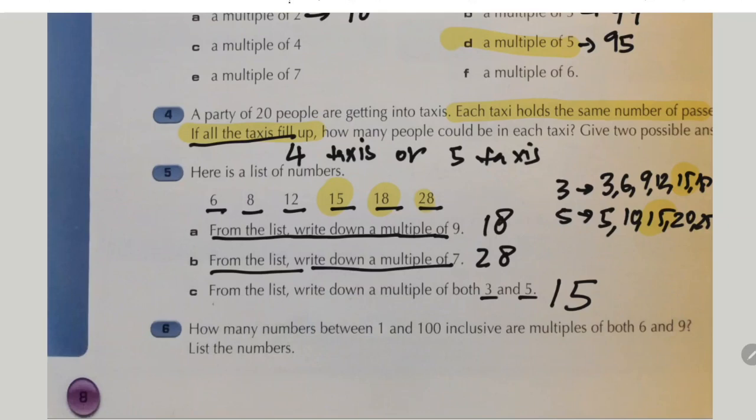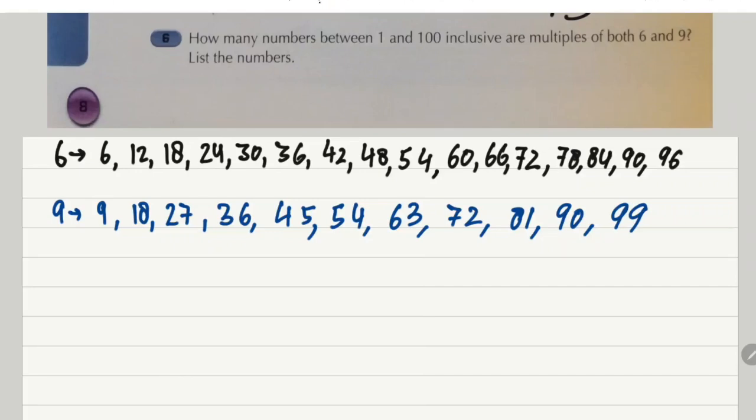Now they're saying how many numbers between 1 and 100 inclusive are multiples of both 6 and 9. They're looking for how many common multiples there are between 6 and 9. So we need to write the multiples of both 6 and 9. Let's write them first. So here you can see the multiples of both 6 and 9 between 1 and 100, and the common ones are 18, 36, 54, 72,